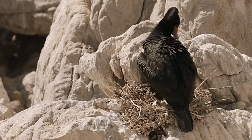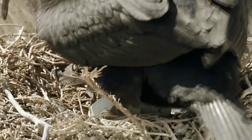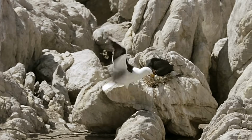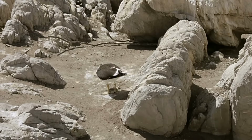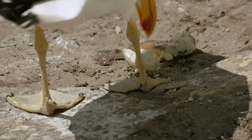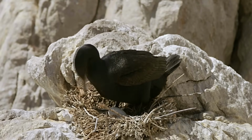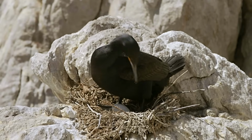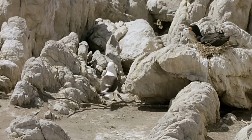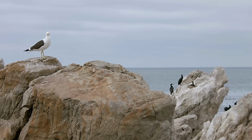Eggs in a nest attract robbers who lurk in wait. An airing helps cope with the heat. It's just what the gull was waiting for. But a single egg is not enough to still its hunger. So the search continues